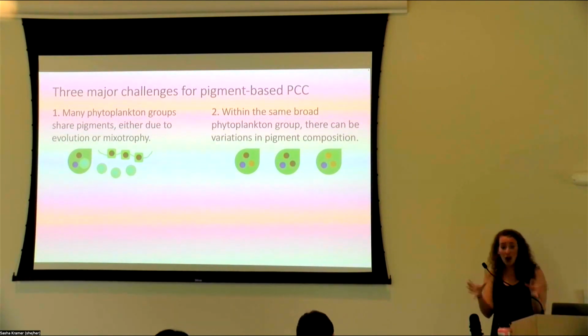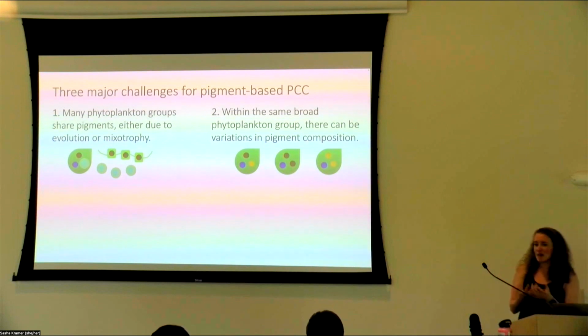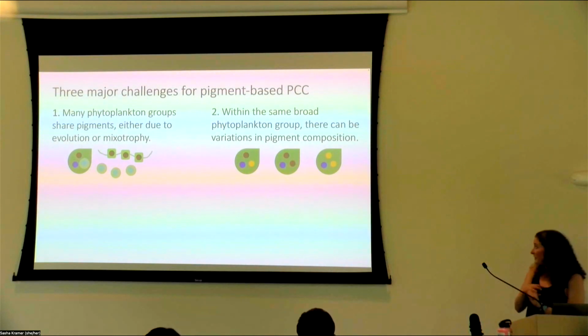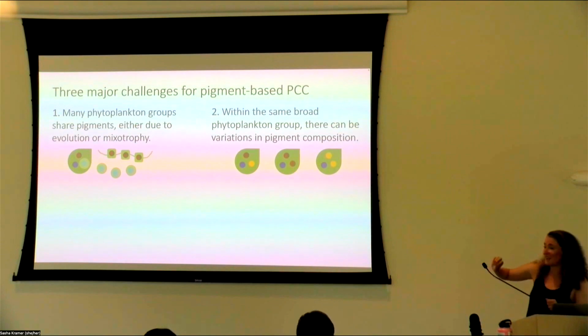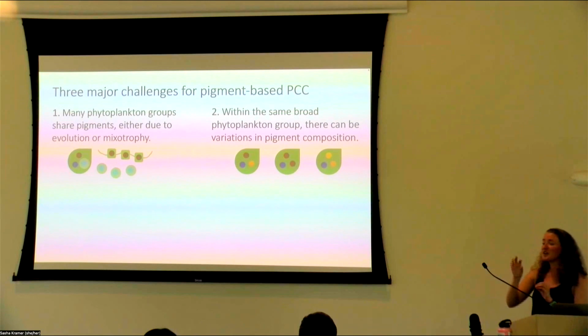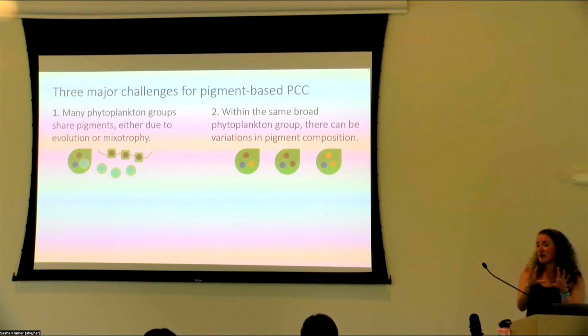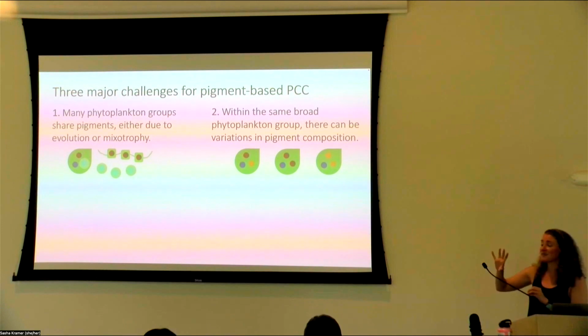As you look at that broad taxonomic group, that also means really big differences in their pigments. So if we think about, they have these 3 major pigments. They have fucoxanthin, just like the diatoms, and then they have hexfuco and buttfuco. So those 2 accessory pigments, in addition to fucoxanthin, can be in different proportions, in different compositions. You might have one, but not the other. You might have only fucoxanthin. You might have 2 of them at the same time, but one is produced in much higher relative concentrations because